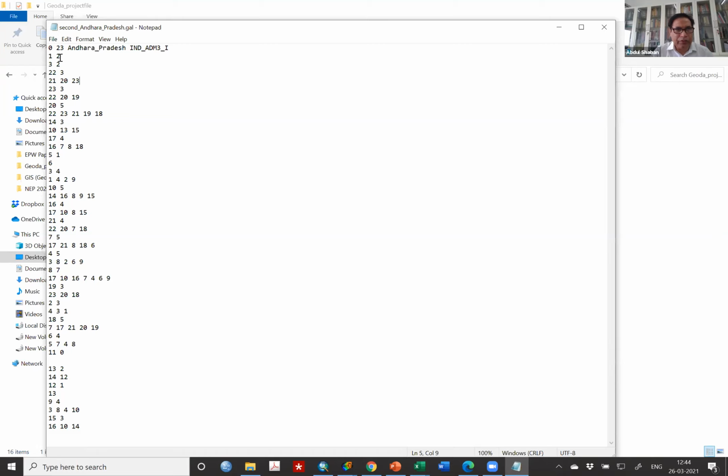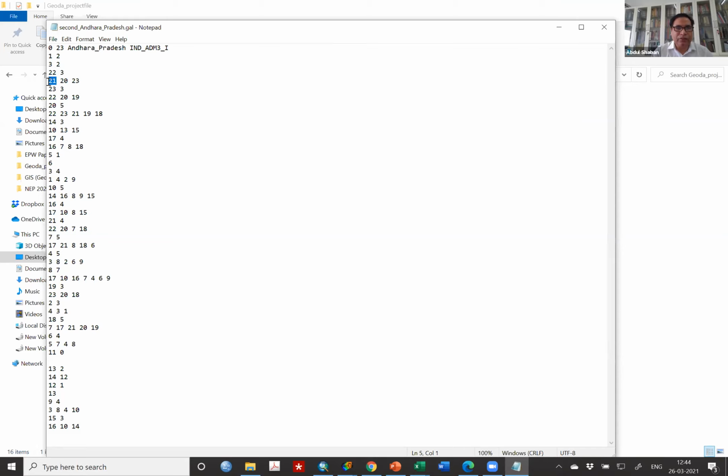Now I will tell you what it is. The district with ID number 1 has 2 neighbors. Look at how you read it. Roll number 1 has 2 neighbors, and these neighbors are 3 and 2. You understand? Yes, sir. Roll number 22, the district with ID number 22, has 3 neighbors.